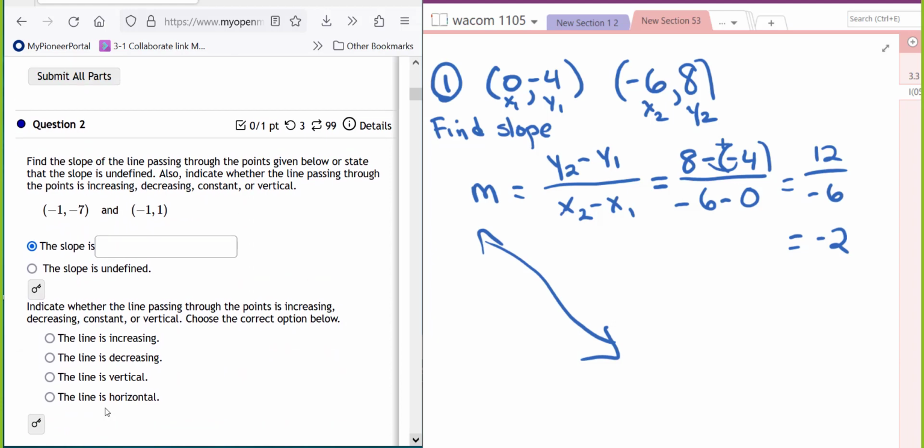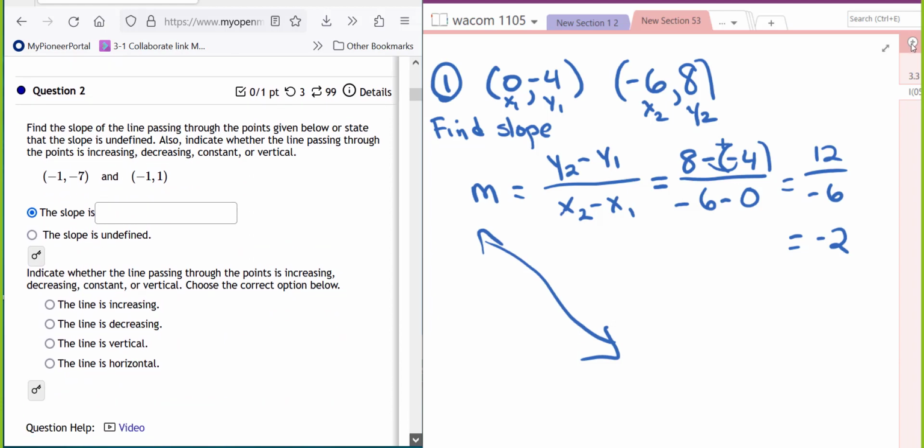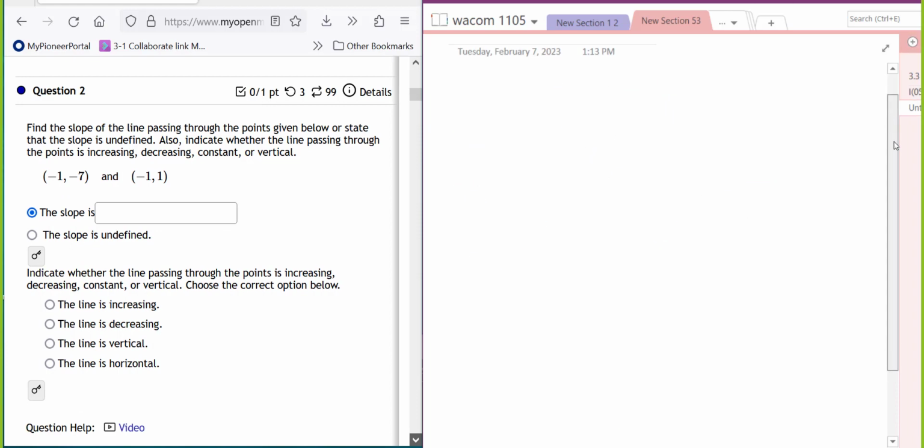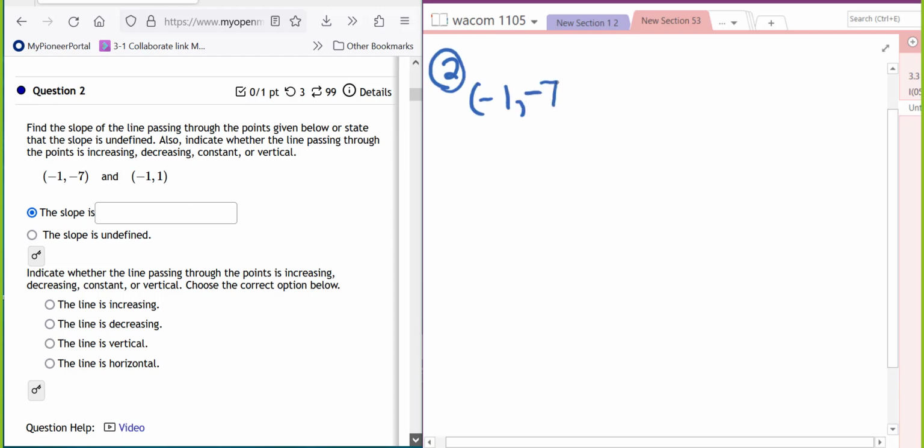I put down question 2. I started to skip it, but I realized this one's going to be a special line, so we will have a look at it. It's again giving you 2 points and you figure out the slope. You could certainly go right into the formula that we just had. But if you notice it,